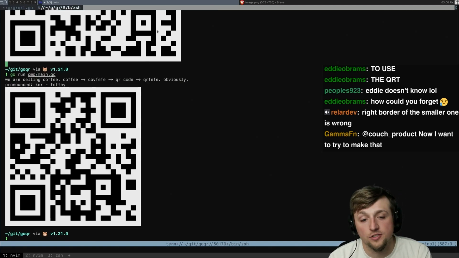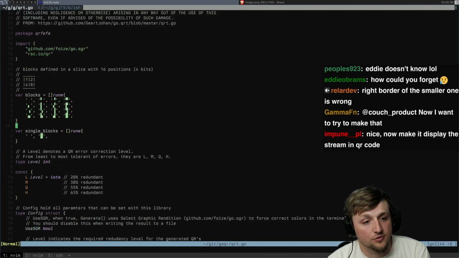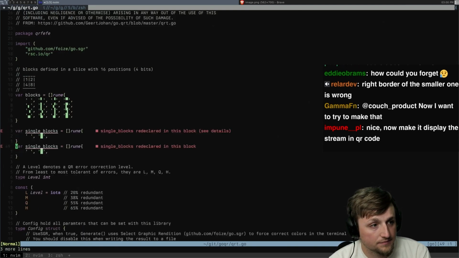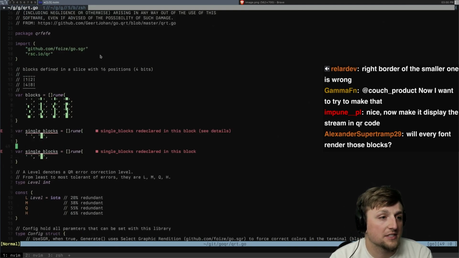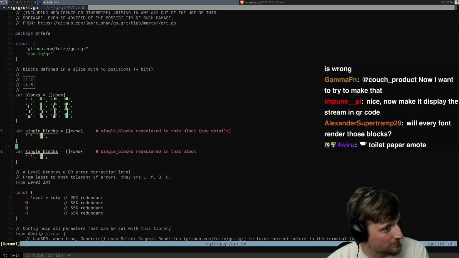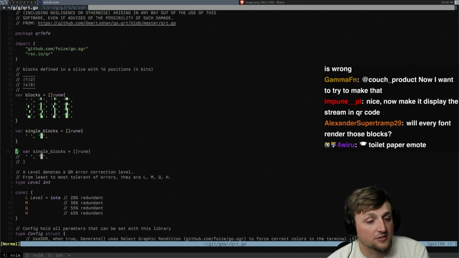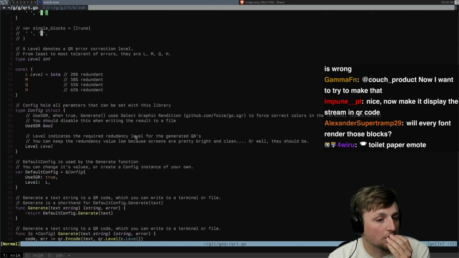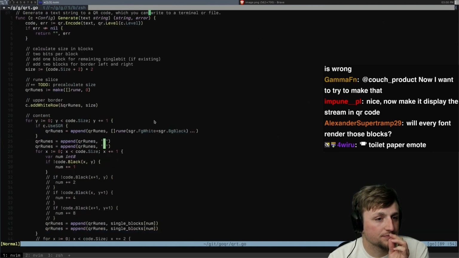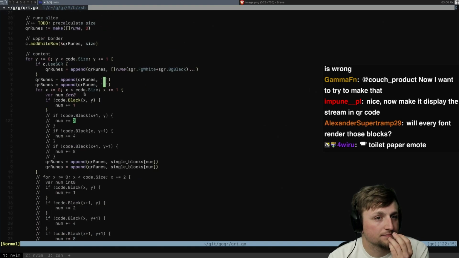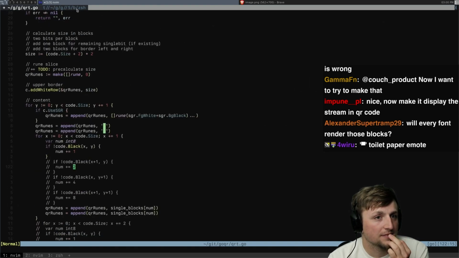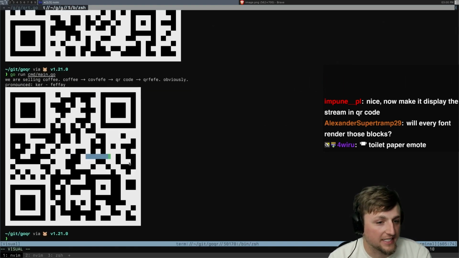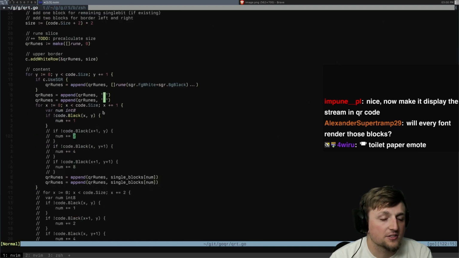We could do now to make it display the stream in QR code. Will every font render those blocks? They should, because these are regular box elements. What else could we do? Oh, then I want to say... Because we can put text in the middle here now, right? Because we have some error recovery. So let's say we do